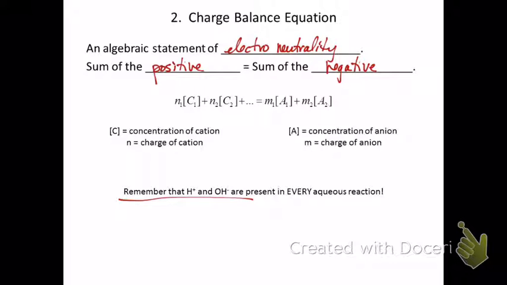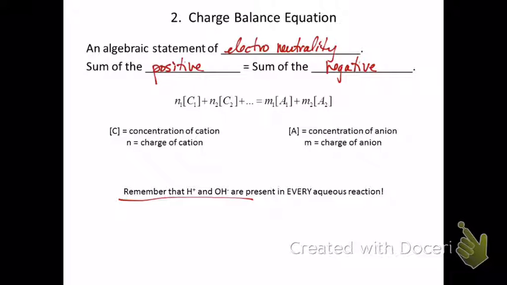equals M1 times concentration A1 plus M2 times concentration A2, where each of the N terms is the charge of the cation, the absolute value of it, and each of the M terms is the absolute value of the charge of each of the anions. So in this way, we're adding up each of the individual charges that exist in solution, knowing that we can leverage the fact that the sum of the cations must equal the sum of the anions in order to